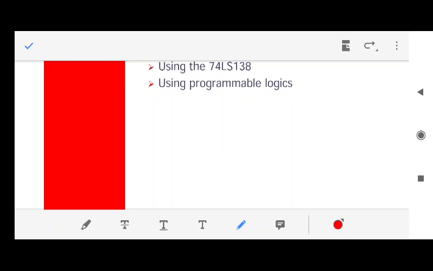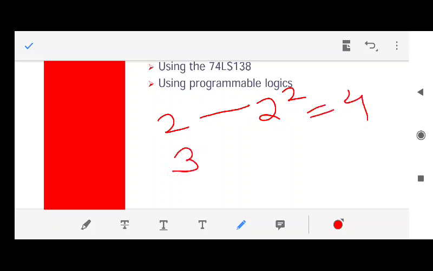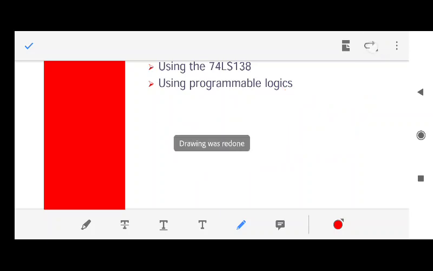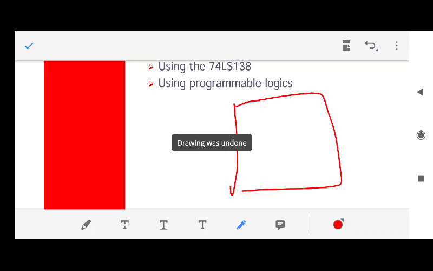For example, if you have 2 lines, then you can decode those 2 lines into 2 to the power 2 lines. That is how much? 4 lines. Fine. If you have 3 lines, then you can decode them to 2 to the power 3 lines. That is 8 lines. This is how a decoder works. Fine. So if you have a decoder,